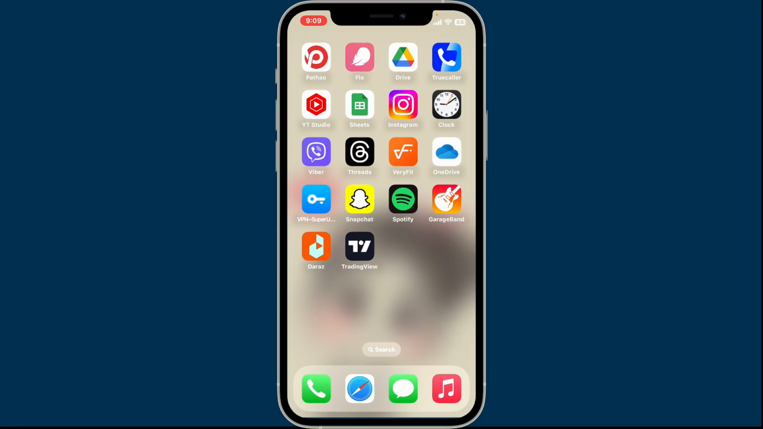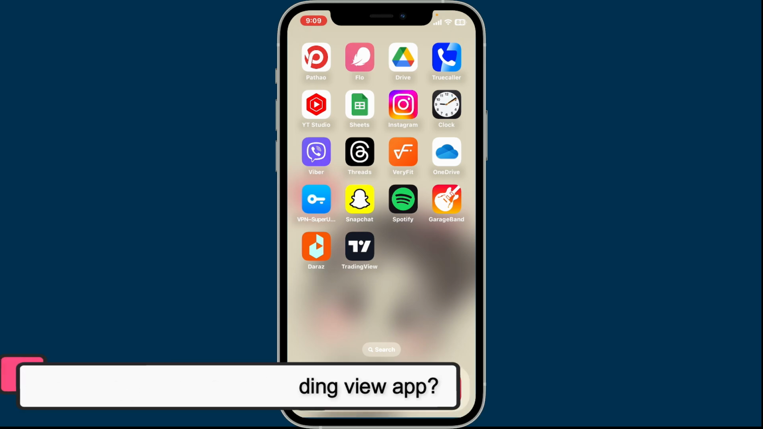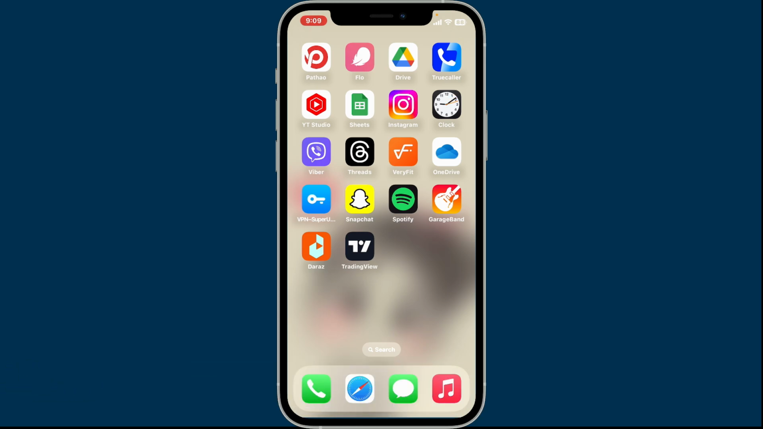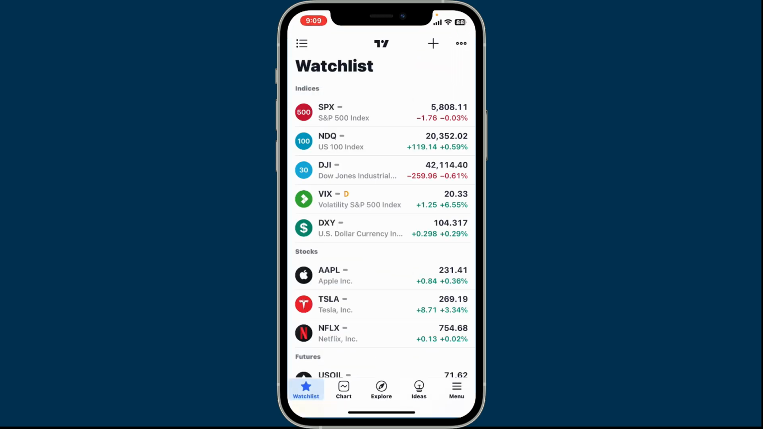In this video, we will be learning how to appear offline on the TradingView application. To appear offline or manage your visibility on TradingView, the first thing to do is to open your TradingView application on your mobile device and sign in, or you can also visit tradingview.com on a web browser and log into